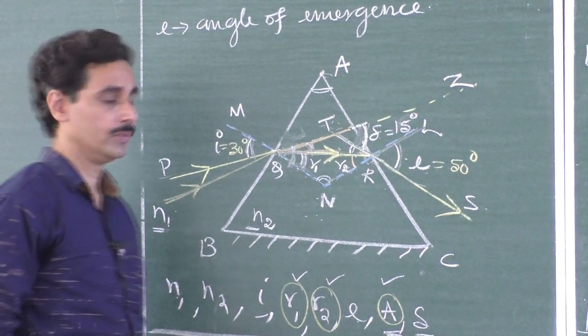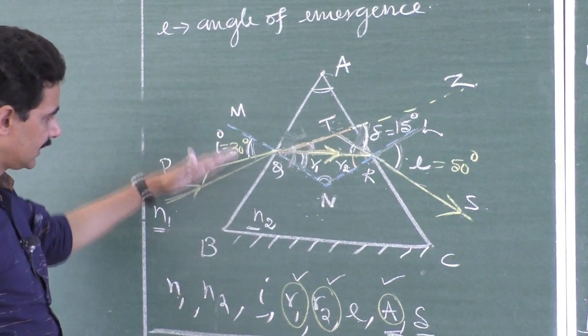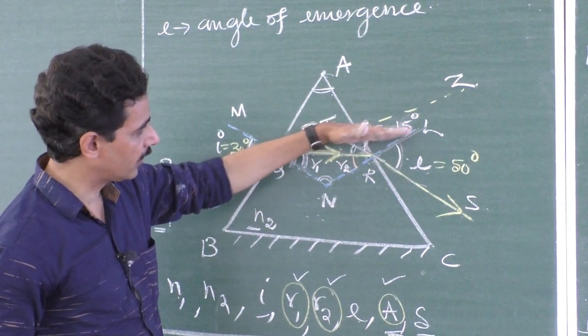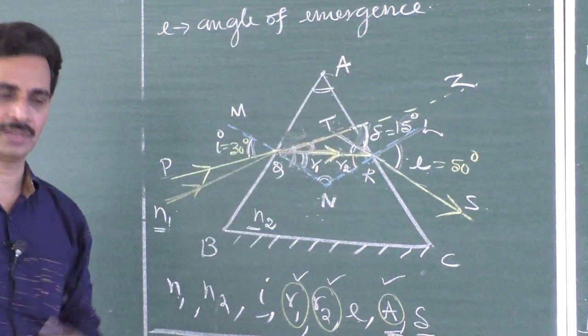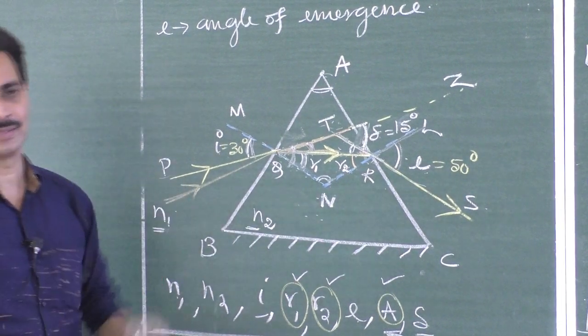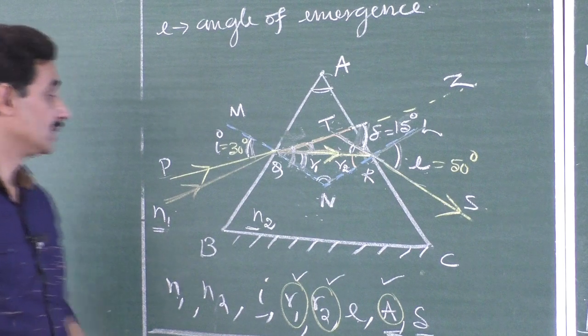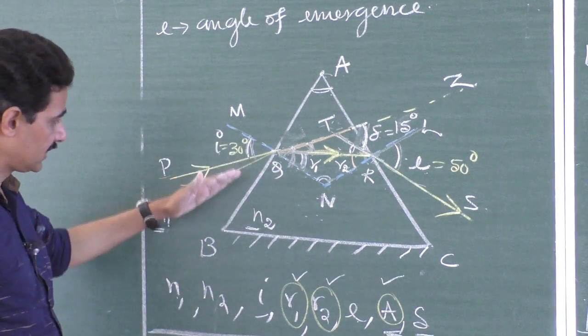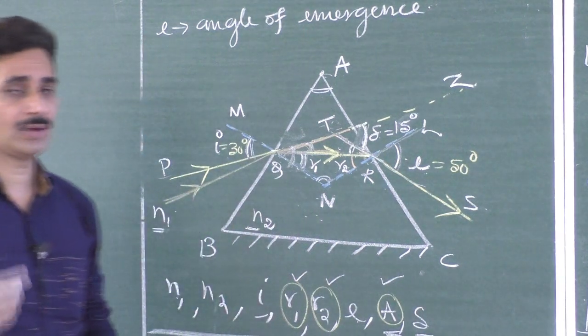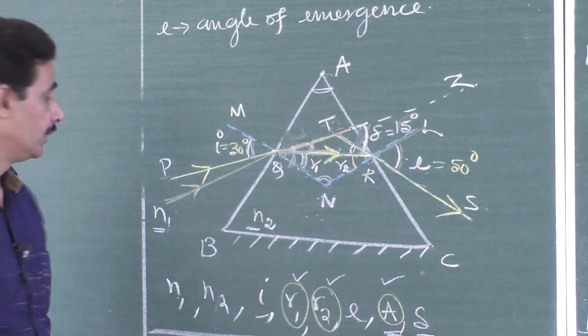Very, very interesting now. As the angle of incidence is increased, the angle of deviation goes on decreasing and the ray comes closer and closer to the original direction. Sir, will it become 0? Shall I try with such an angle of incidence that this angle of deviation is 0? No, that is not at all possible. Why? Because